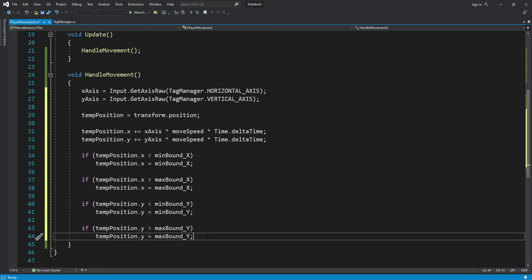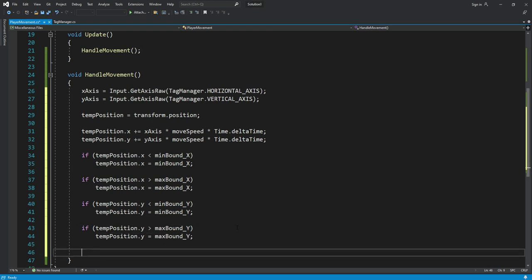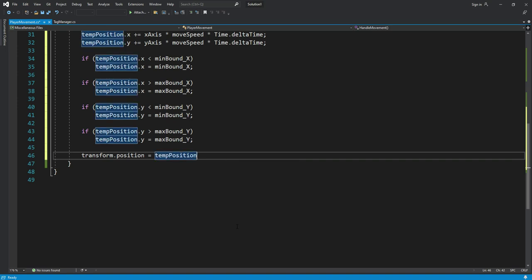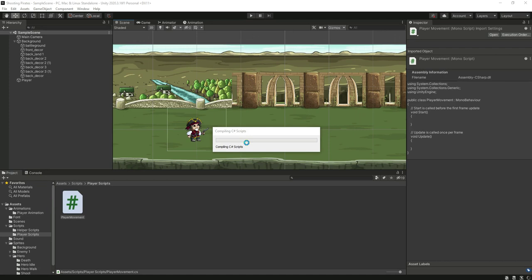Now after this, right here we will type transform.position, and this will be equal to the tempPosition, and now our player will not move outside the camera. Now if we get back to Unity,